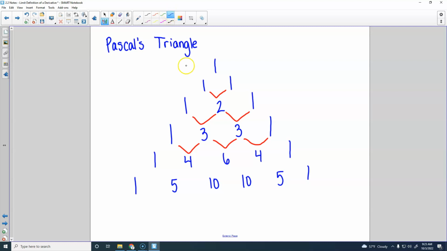So this is what you'll get if you have the 0 degree. So think of a plus b to the 0 power. Anything to the 0 power just gives you 1, right? If you have a plus b to the first power, or first degree, that would be the second line. Which, if you have a plus b to the first power, it's just itself. So both of these are 1s. If you have a plus b squared, second degree,